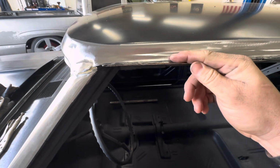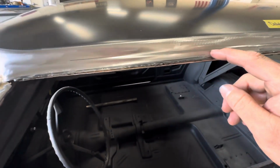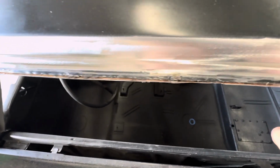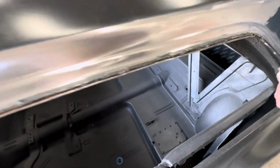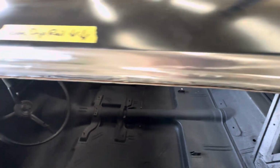Because what happened was this guy had the drip rail kind of facing a little bit upwards. And so this top flange was very, very high. Granted, if you look from the top, most of this will be gone. There's probably a 1/16 of an inch that actually stays for the drip rail. So, but I need to get the fitment tight before I even start grinding and cutting away, because if I don't, then I can just